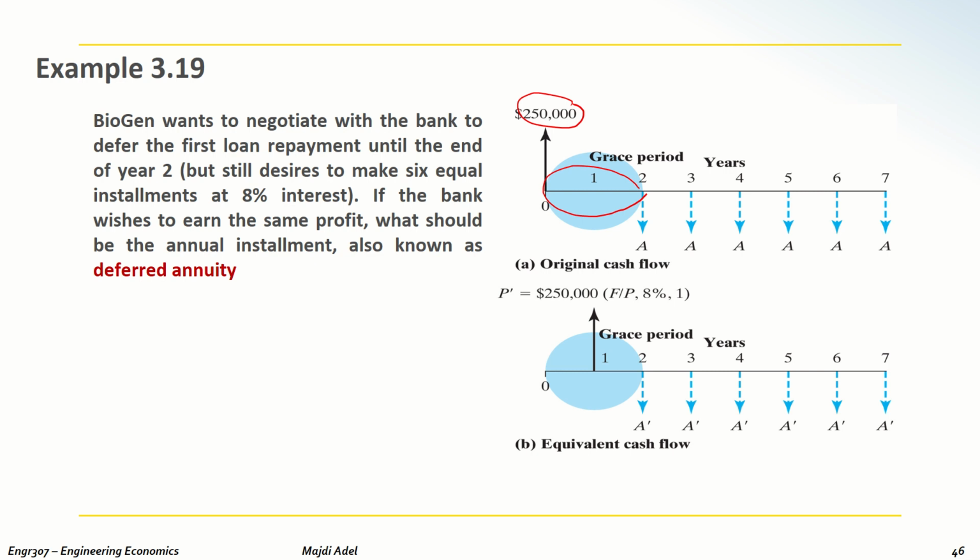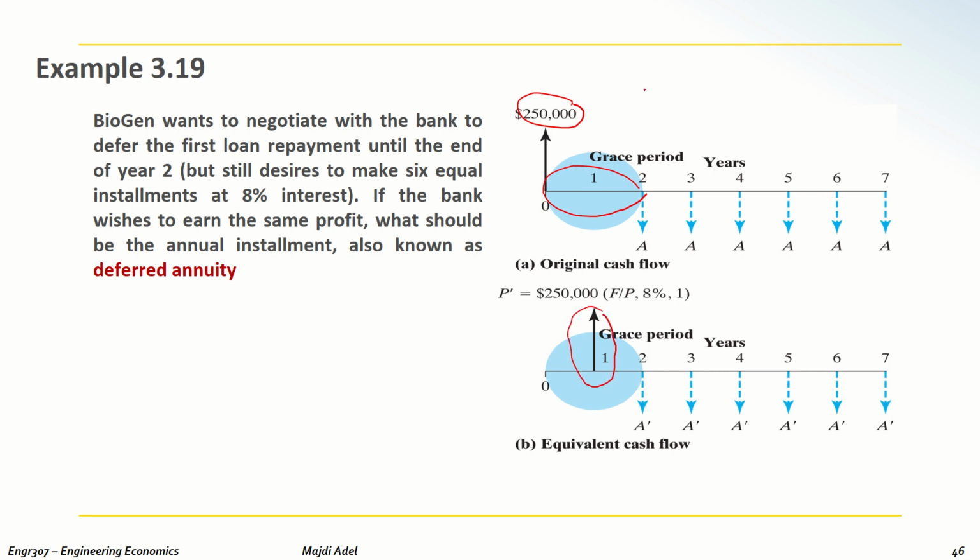The same as the previous example. Now, what's the value of the annual installment? How much are they going to pay to the bank? The idea behind this question is that the bank is not going to give you a grace period for free. For the bank, if the bank invests the $250,000 for 2 years, he will get money for them. But since he's going to give you a grace period for 2 years, he's not going to give that without any consequences. So from the bank's point of view, he will consider that your loan will start at n equal 1,